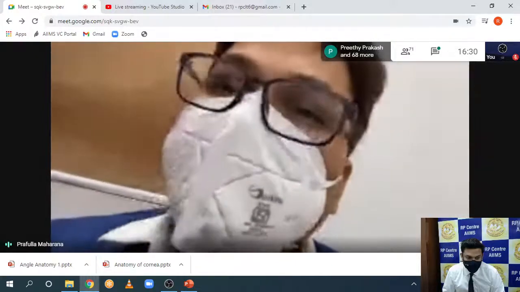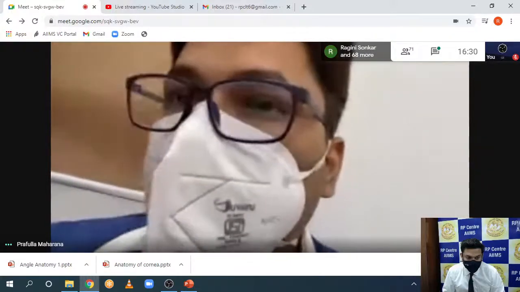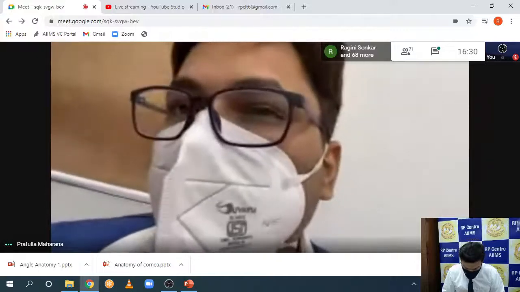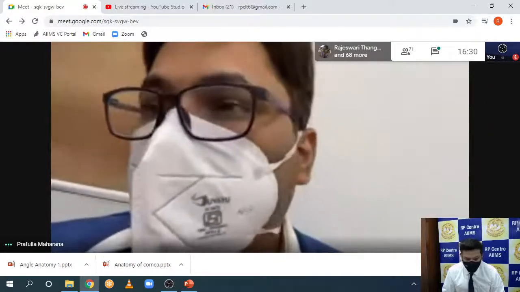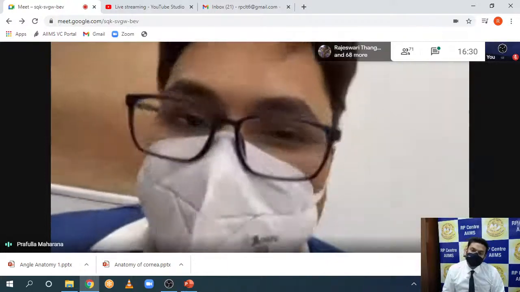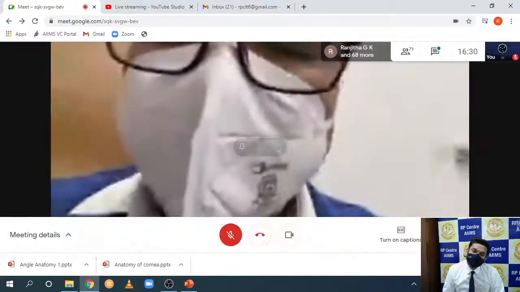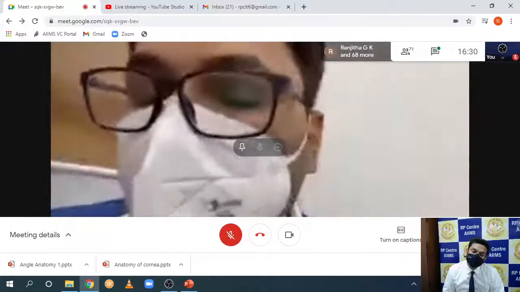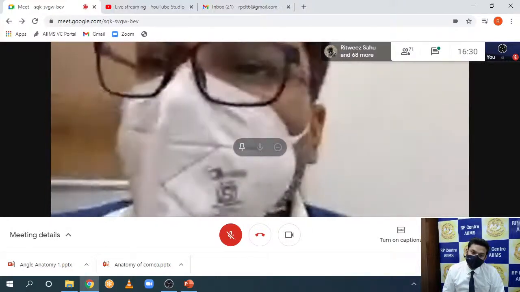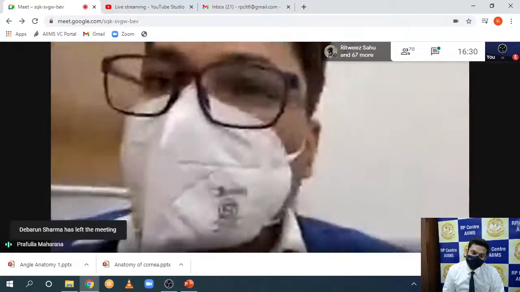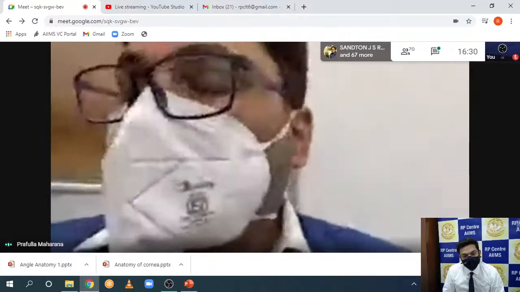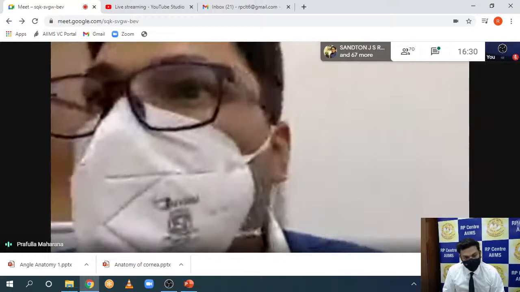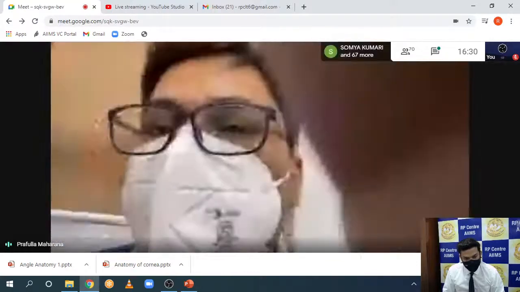The other importance is that the corneal curvature is supposed to be because of the arrangement of the anterior stroma, because the fibers are densely compact and form almost around 21 degrees with the basement membrane. So that is why the corneal curvature is there. Posteriorly, the same arrangement is not there with the basement membrane. So these are the two important clinical implications of the arrangement of these stromal fibers.